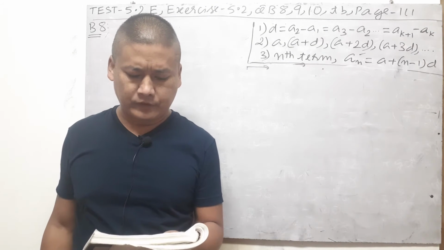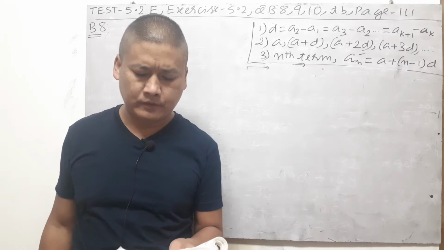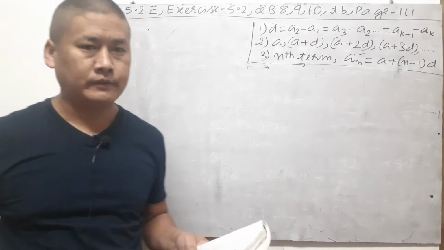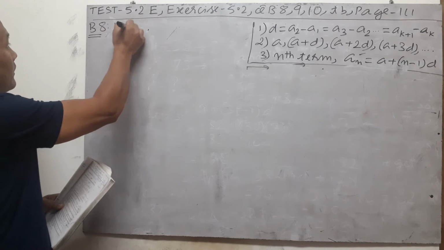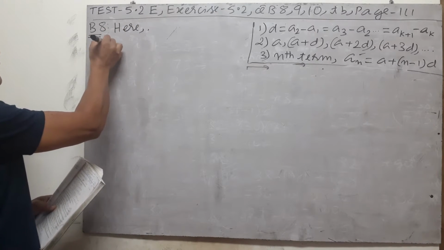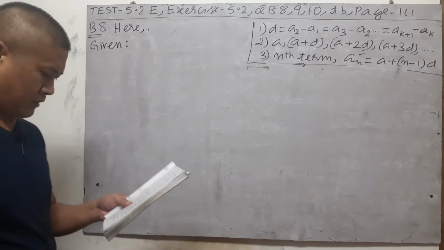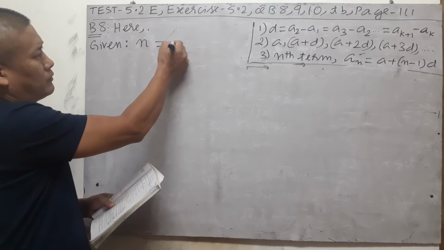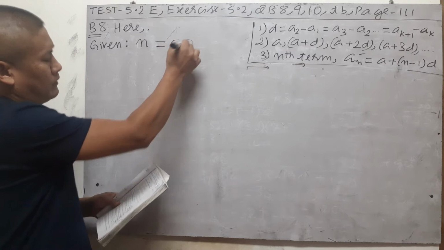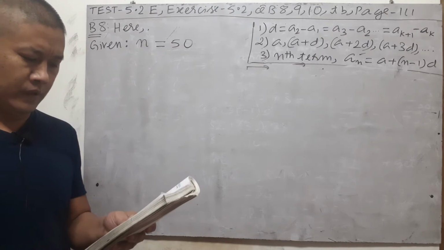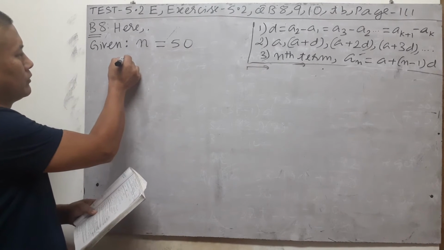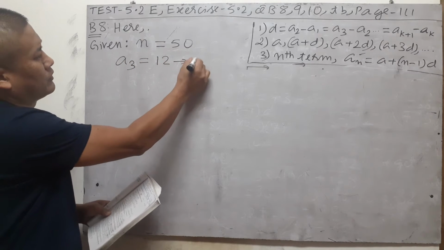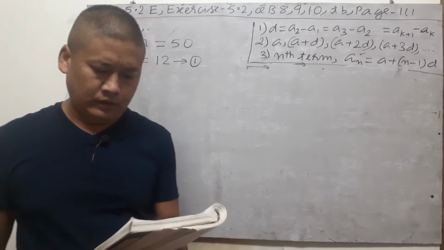An AP consists of 50 terms, of which the third term is 12 and the last term is 106. Find the 29th term. So here, given to us is some information. Consists of 50 terms means the total number of terms n is 50. Then the third term is 12. So we know A3, the third term, is 12. Let us put this as equation 1. And then